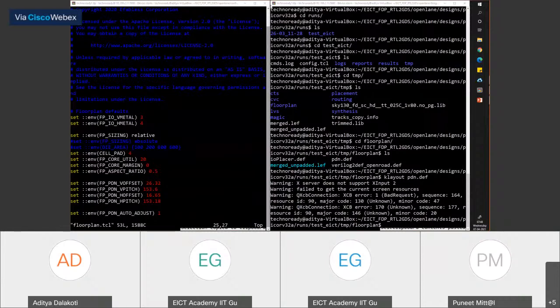Relative and absolute means, Naveen, that if you have it at relative and you specify the utilization, then it will assume the cell count area to be the 20%, and then it will create 80% more area, and then it will create the total area relative to your utilization. With absolute, you tell the tool what is the area. Then you do not have any control on the utilization. The area is what it is, right? Because your cell count is what it is, your area is what it is. You do not at that point have any control on the utilization.